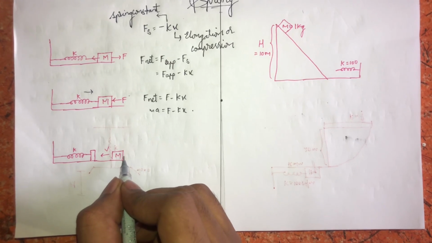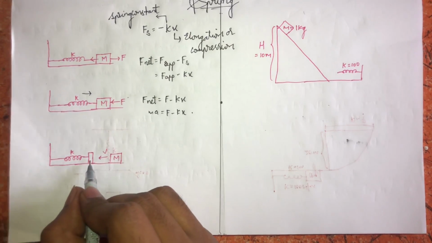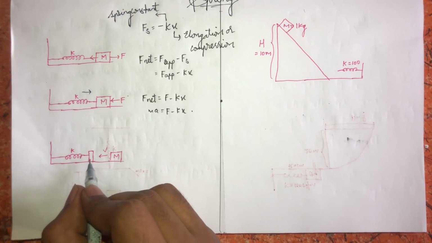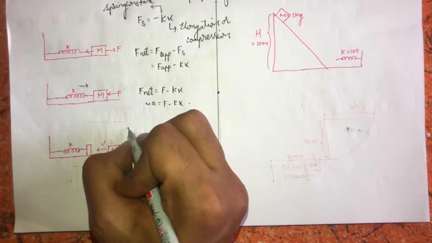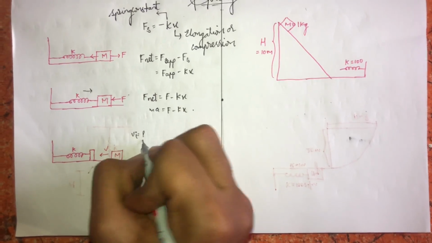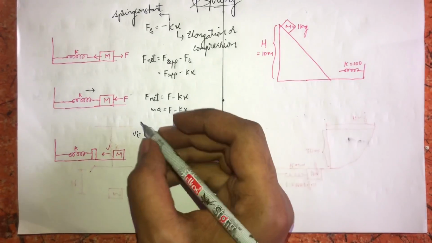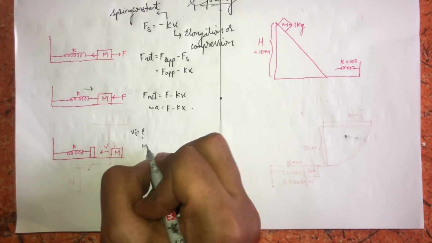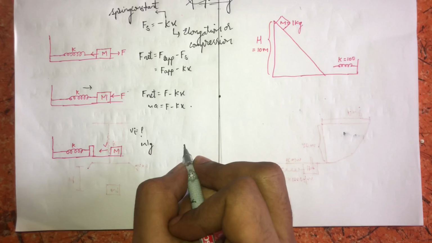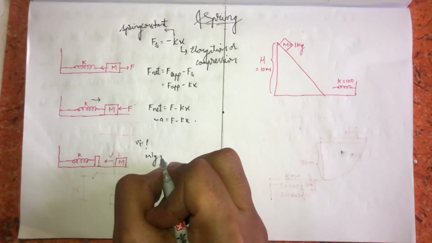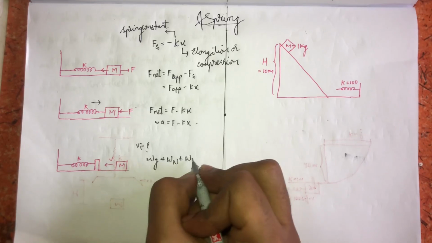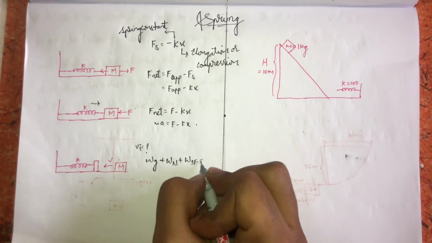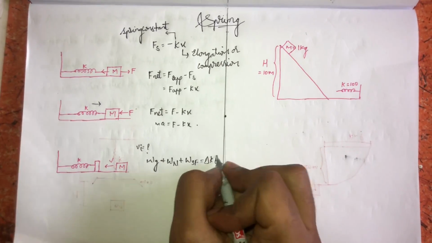Next, the other end of the spring is attached to a plate, and a mass m is coming with an initial velocity v, and finally comes to rest after hitting the wooden plate. So what will be the initial velocity? V initial is equal to how much? Here, by applying the work energy theorem, work due to gravitational force plus work due to normal force plus work due to spring force will be equal to the change in kinetic energy.